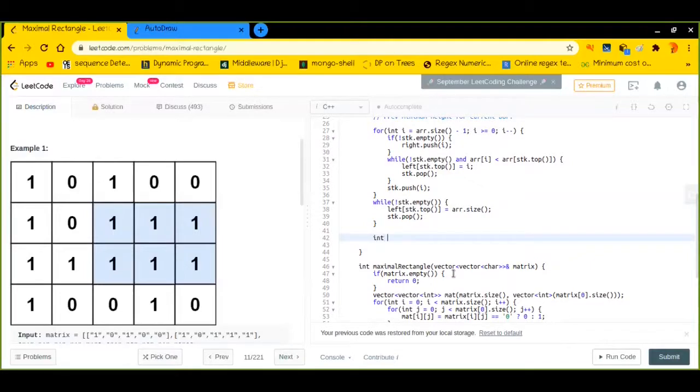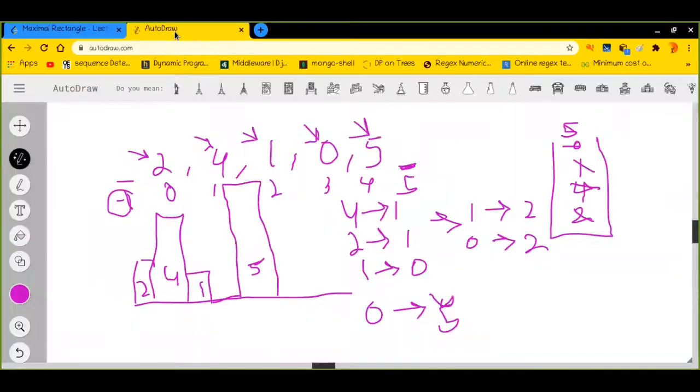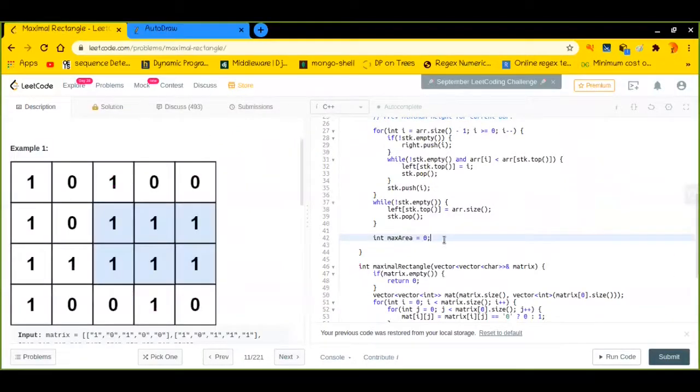So this time we have to find out the maximum area for the current histogram. The minimum possible max area is 0. Suppose the array that we have contains all zeros, so the histogram has all bars of height 0. Then what is the maximum area that I can find from here? The area can be 0, and that is the maximum area.